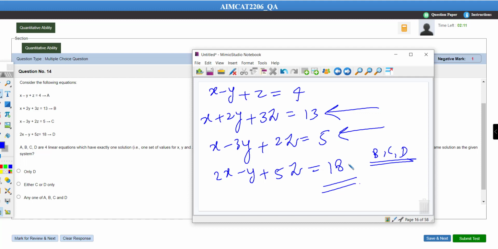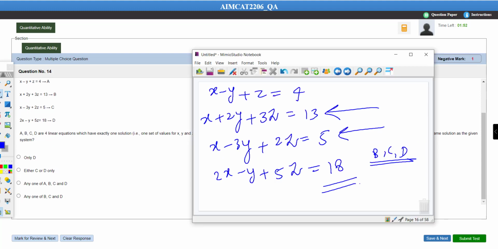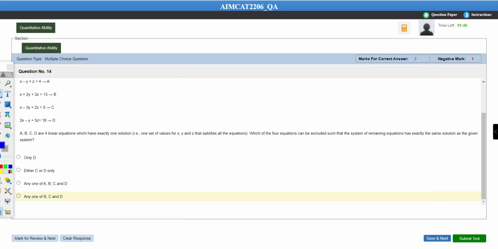You can try this. If we solve the last 3 equations, after making the coefficient of x or y or z equal, we will end up with 2 same equations, so we will not be able to solve these 3. Okay, so that means we cannot remove the first equation. Let me see the options here. Option C cannot be the answer. We cannot remove the first equation. That means we need to remove one equation from B, C and D. According to me, the answer has to be the last one. Any one among B, C, D we can ignore. Okay, so let's mark this.